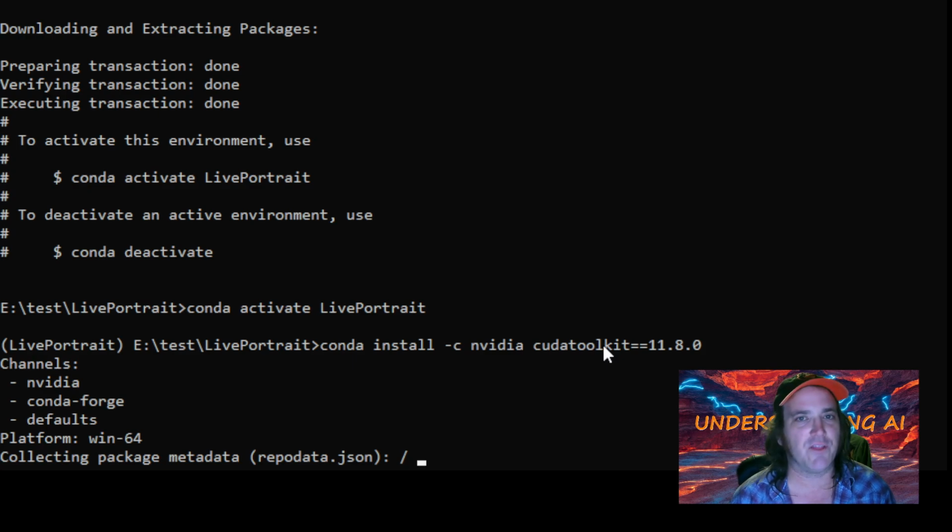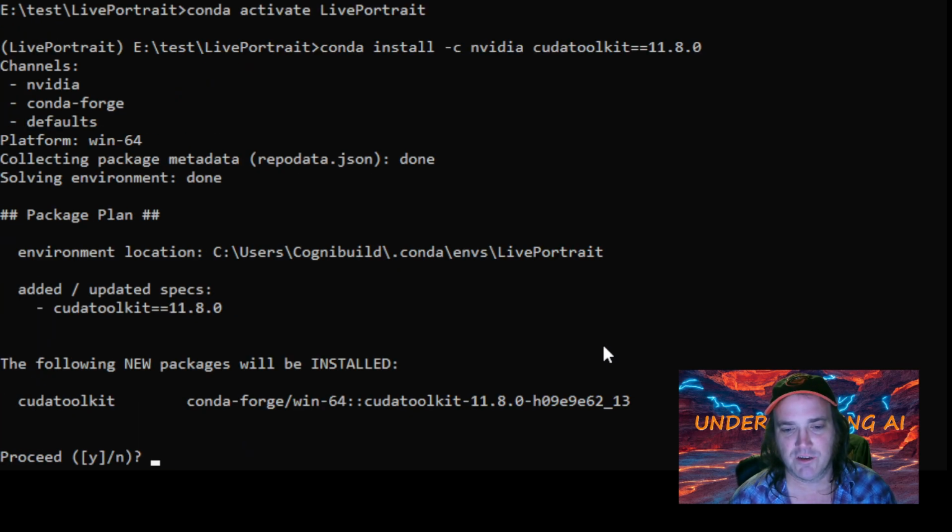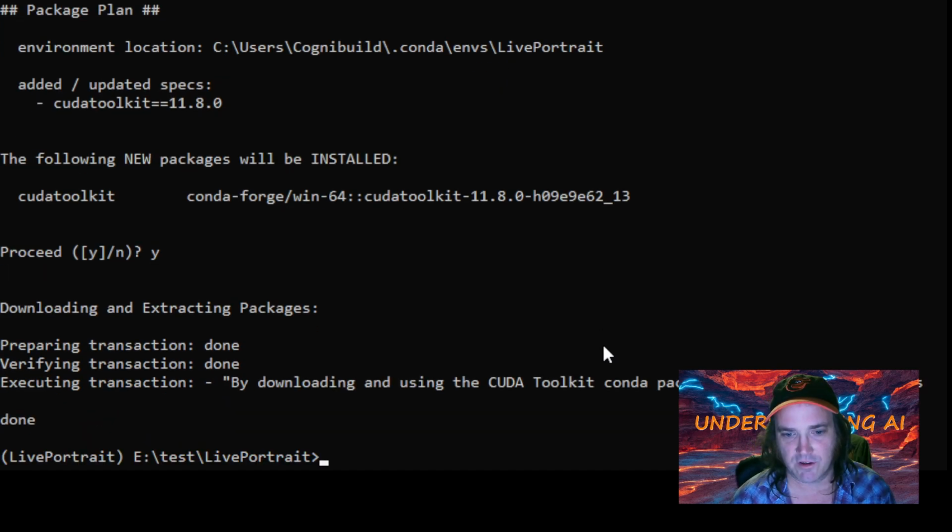So we're going to go ahead and let that go there. It's going to ask us again if we want to proceed, so we'll say yes. And it goes on in there. Now, we would be tempted to just pip install the requirements, but we want to take a look at them first,